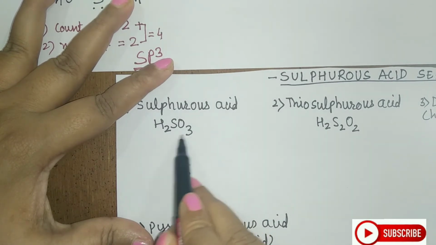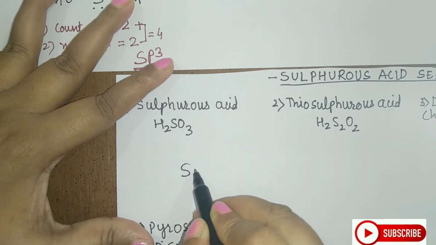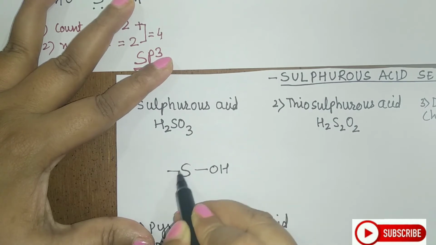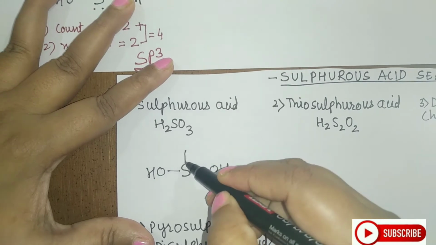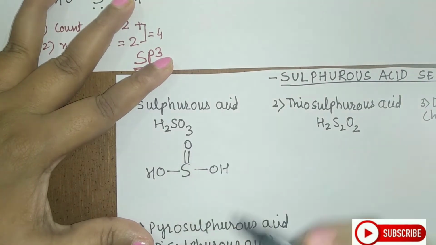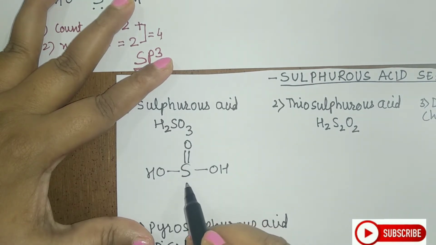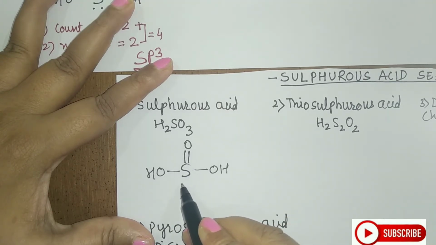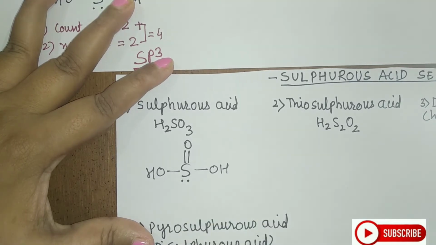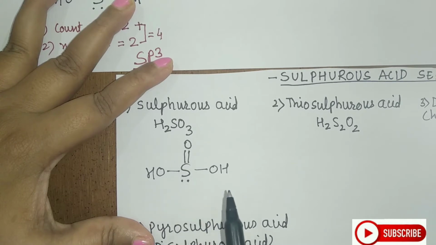How many OH pairs can I form? 2 OH pairs. So, attach the 2 OH pairs in this way. Now, 1 oxygen is left, so I will attach that 1 oxygen by means of a double bond. Now, I have used 2 hydrogen, 3 oxygen and 1 sulfur. But if I check the maximum number of bonds sulfur is exhibiting, it is 1, 2, 3, 4. So, I have to adjust that by using a lone pair, so it will be 5 and 6. So, this is the structure for sulfurous acid.